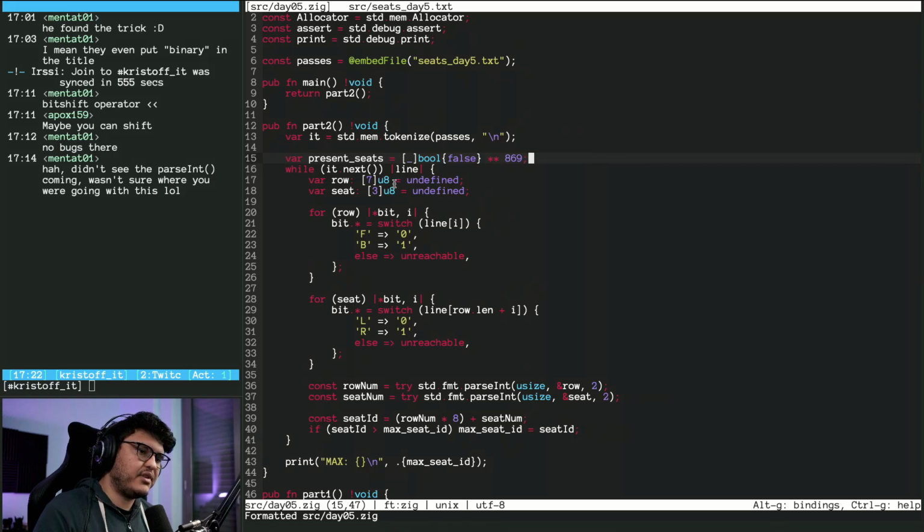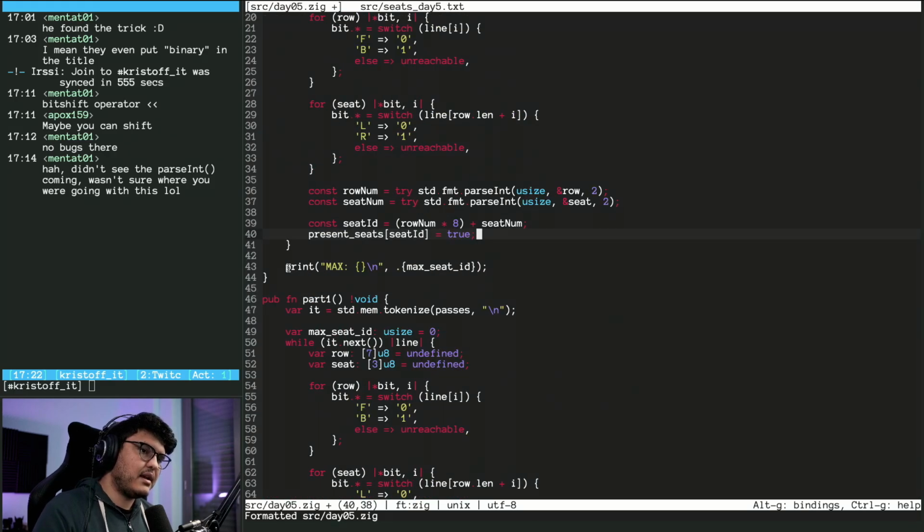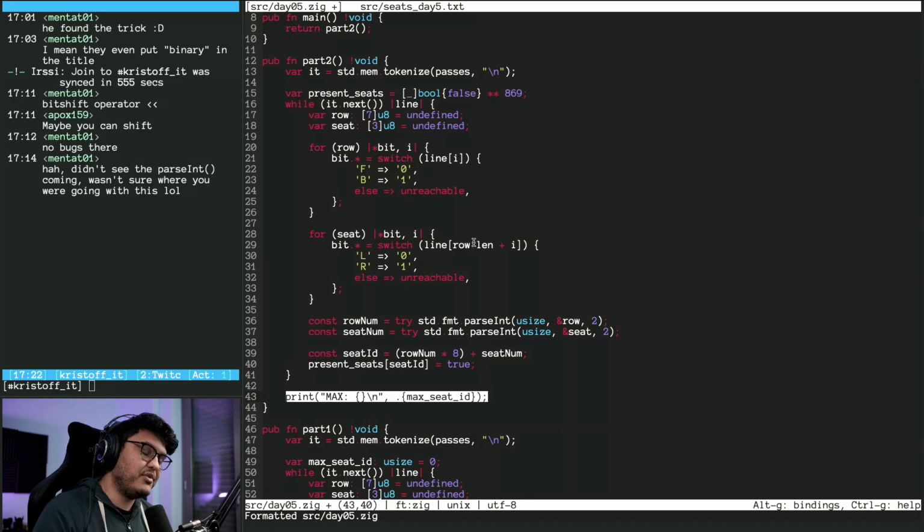Now, every time we find the seat ID, what we do with the seat ID is we do present seats at position seat ID, and we set it to true. Then at the end, we could even almost do it through visual inspection, but at the end, what we want to do is for present seats, we check all present seats,